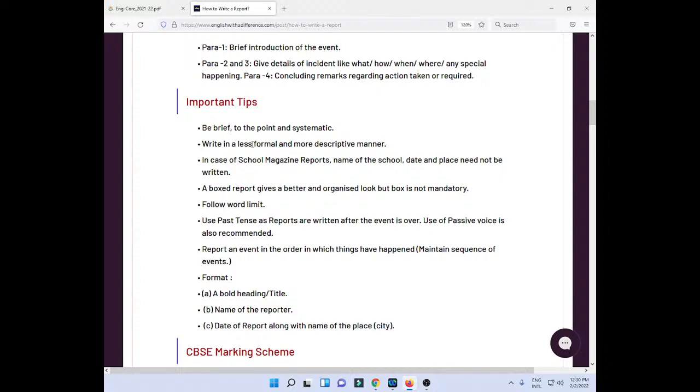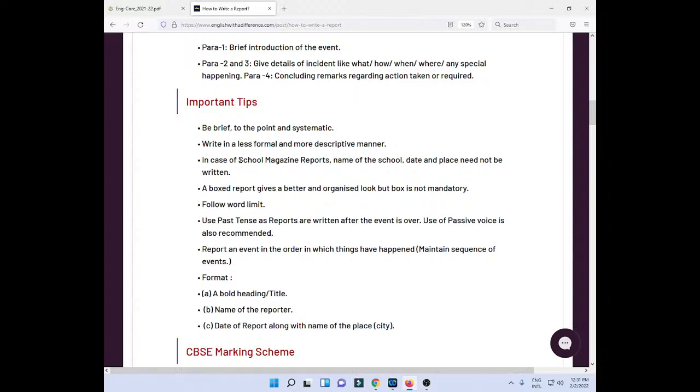So if you do not describe it in a detailed manner, in that case people won't be able to follow or enjoy or get full information about your report. Therefore it is important that you describe your content in detail, right? Next is